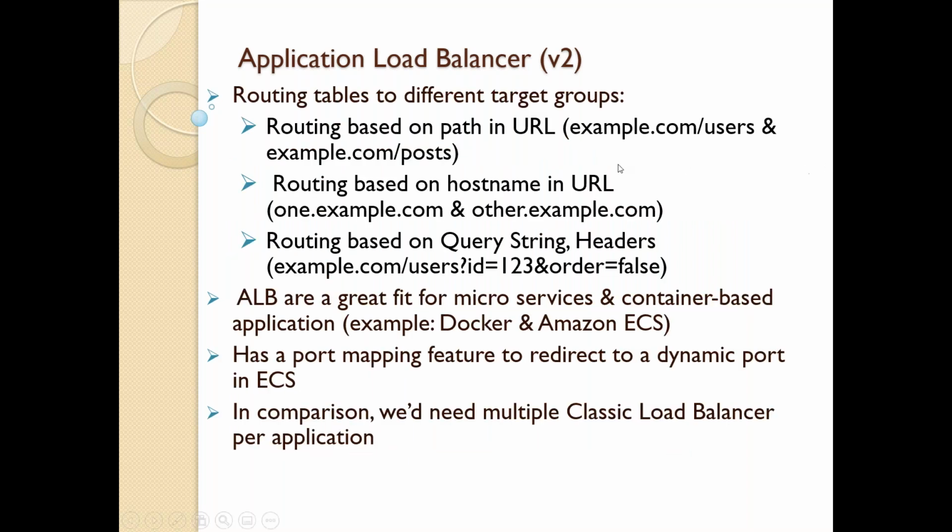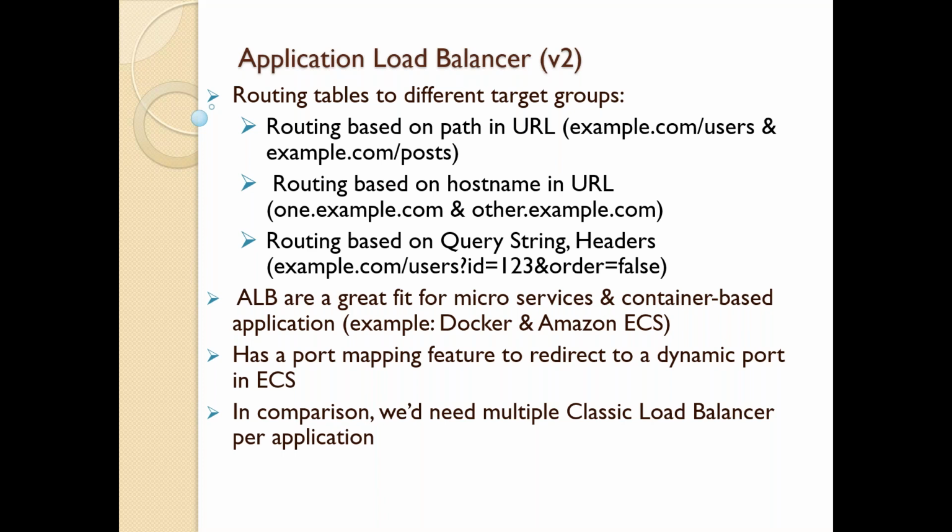So with the application load balancer, there are some routing-based policies where you can route your traffic based upon the path in the URL. Say, for example, if you have example.com/users, then make the traffic go to a specific set of machines where the users-related modules are running. If you are getting posts, then send it to posts. If you're getting payment, send it to a particular group of machines which runs only the payment. So based on the path in the URL, you can do all those